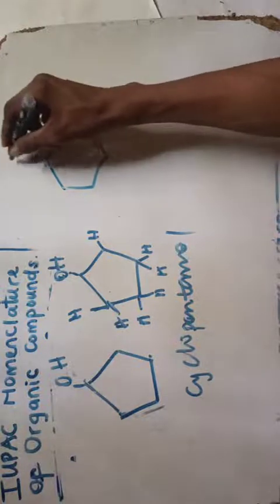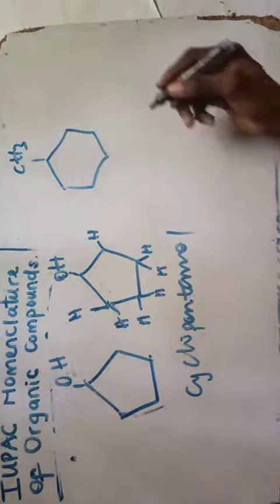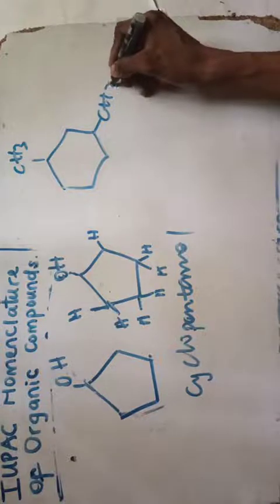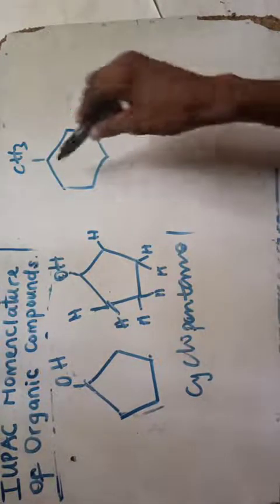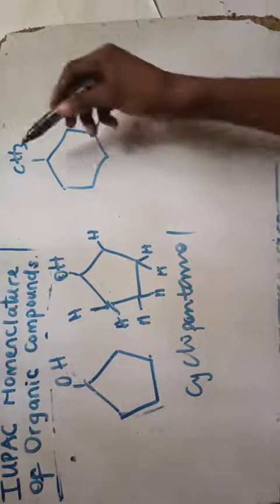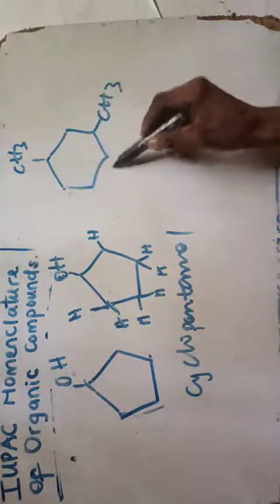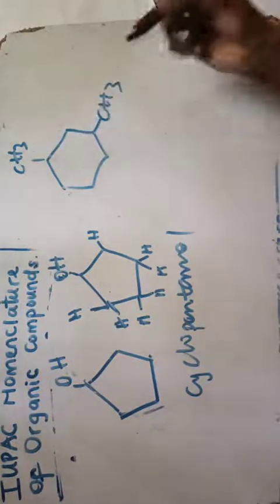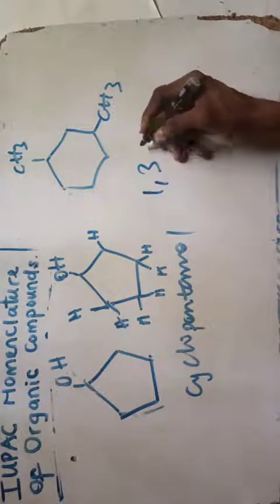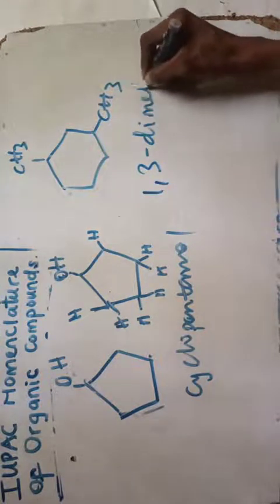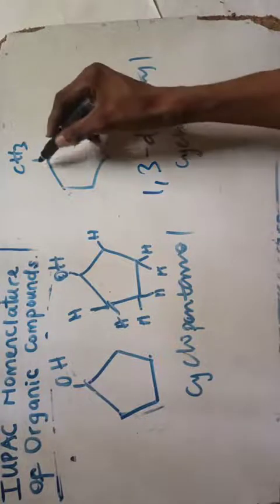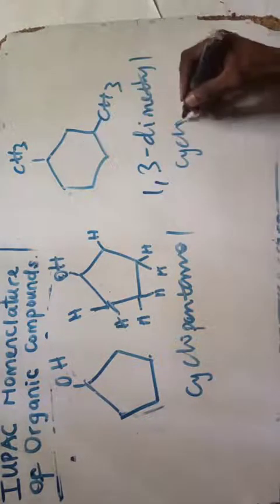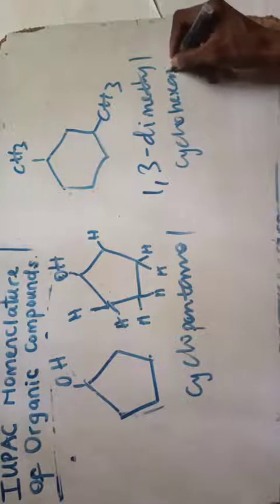Now see this example about this. Let's say I put CH3 here. You have CH3 here. What did you just count so fast? 1, 2, 3, 4. But you count in such a way as to favor the branch. So you have 1, 2, 3. If you count 1, 2, 3, 4, 5, it's very far. So that is 1,3-dimethylcyclo, 1, 2, 3, 4, 5, 6, cyclohexane.